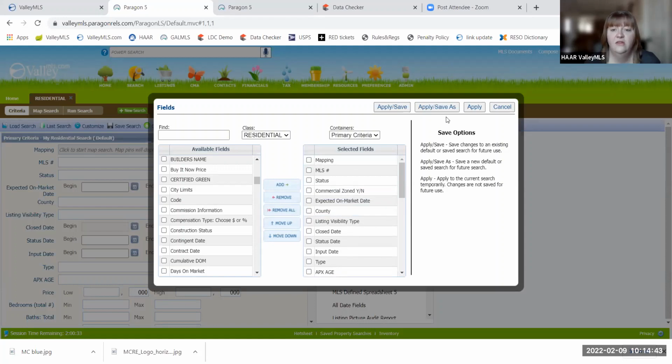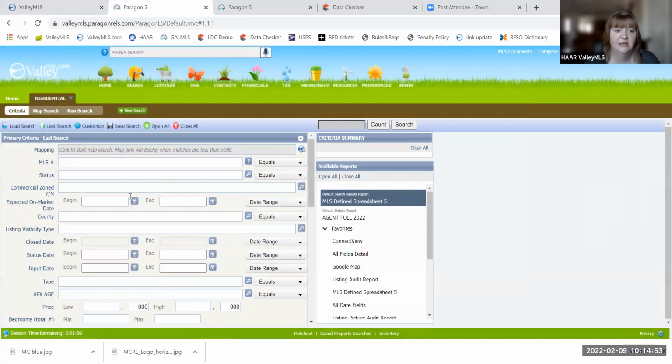And so then when I hit apply, I'm actually going to just hit apply because I don't want to save this permanently. But if you do, you can see you have save options. But in this case, I'm only going to hit apply just to show you what it does. And it literally just reloads that with commercial zone, yes or no right here. And now for all my clients who want a commercial zone property, I can specifically only include things that have been marked yes in this field.